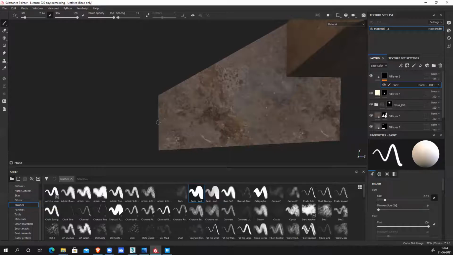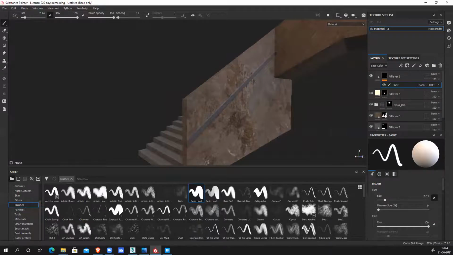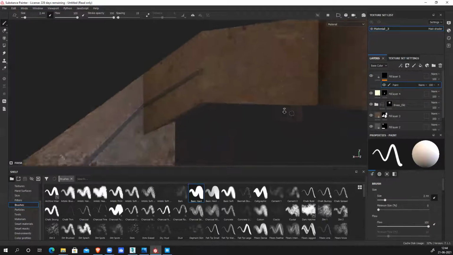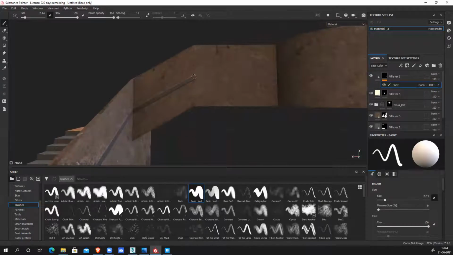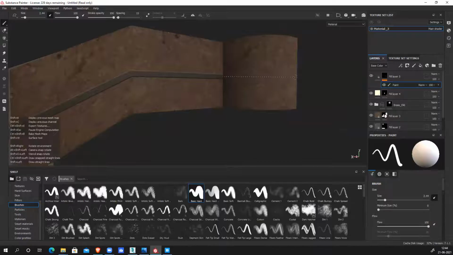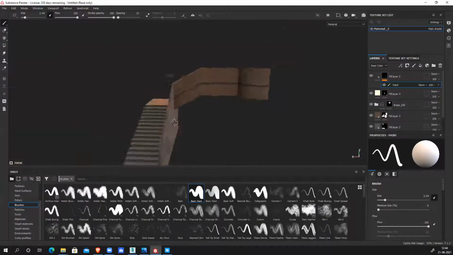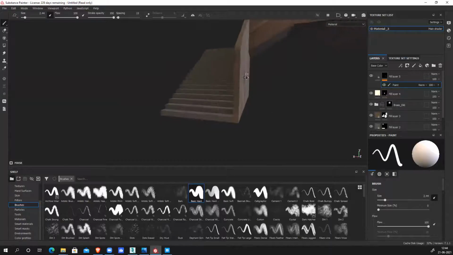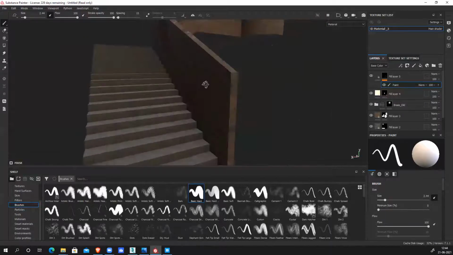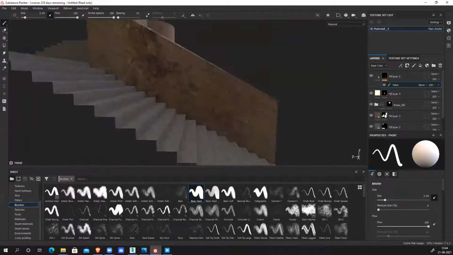Click, press shift, click again. Generate this nicely. So I create this border very easily. Inside also change the lighting.